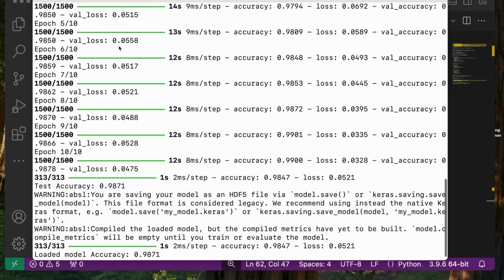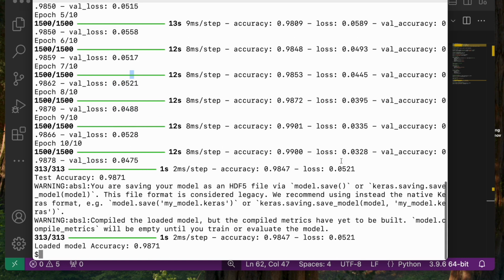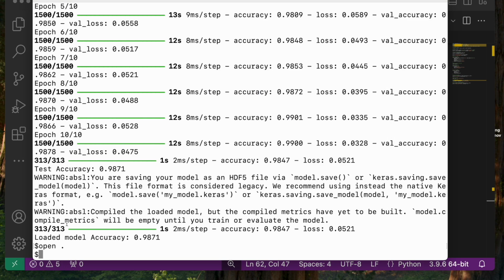And as you can see, every single time the loss is changing for each and every iteration. We have the accuracy changing and getting better every single time. And our test accuracy finally is 0.9871. And then it saved the model. And then I loaded the model again. If you open this particular folder, we'll see that we have the MNIST classifier H5 saved here. It's around 8.4 MB in size, and then I loaded that model and tested the accuracy. It's still the same thing, 0.9871, because I'm giving the same data to it.